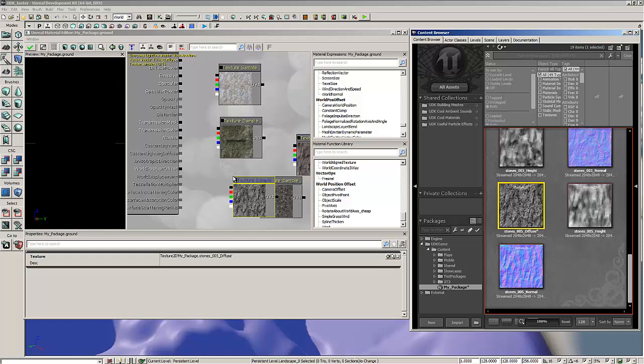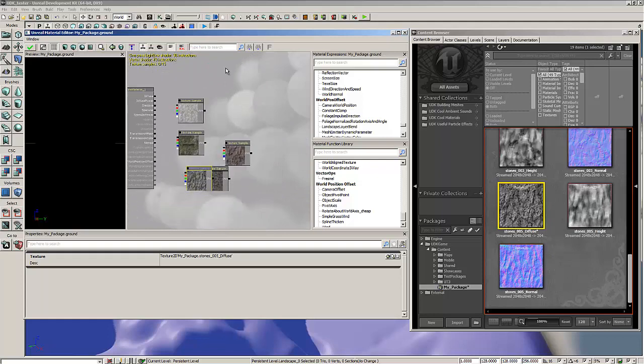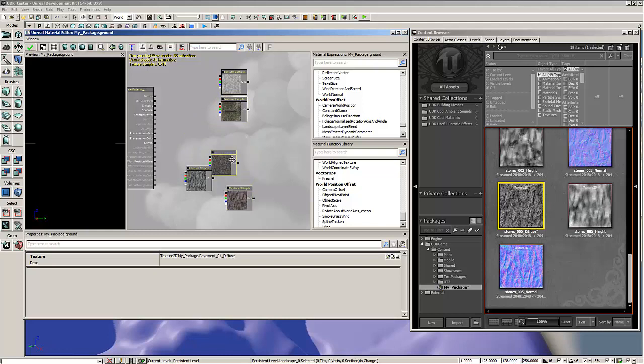The really cool thing about the substances is that they can be resized to any size that you need. Originally, these textures were only 512 by 512. And when I got ready to use these, I was like, you know what, I want to bump them up to 1024. Took that 1024, rendered them out, and no problems. It loved it. So I've got my texture samples set up,